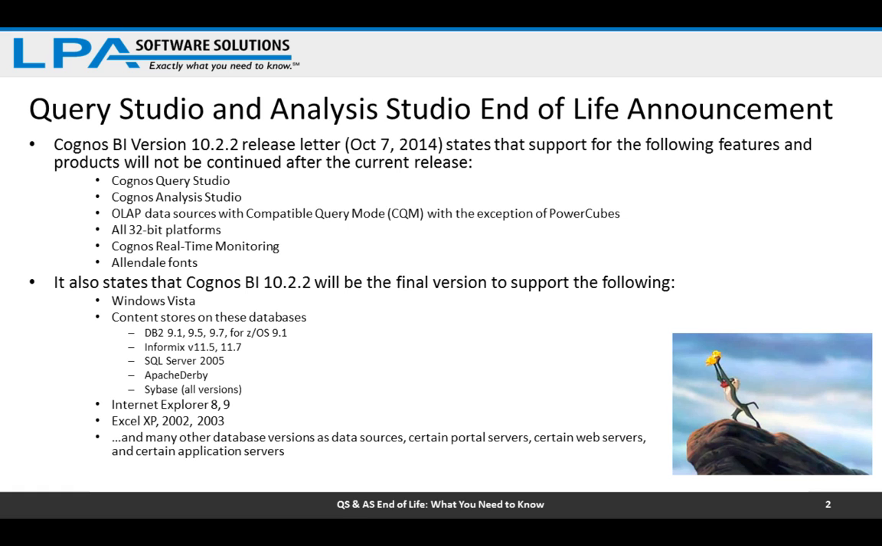OLAP data sources that are things along the lines of dynamic cubes, TM1, SQL Server Analysis Services, Essbase, SAP BW, and any other cube technology that you know Cognos supports. 10.2.2 is the last release where you'll be able to access those cube technologies with compatible query mode. That's the 32-bit query mode. From now on, subsequent releases after 10.2.2, you'll have to use dynamic query mode to access those OLAP data sources,